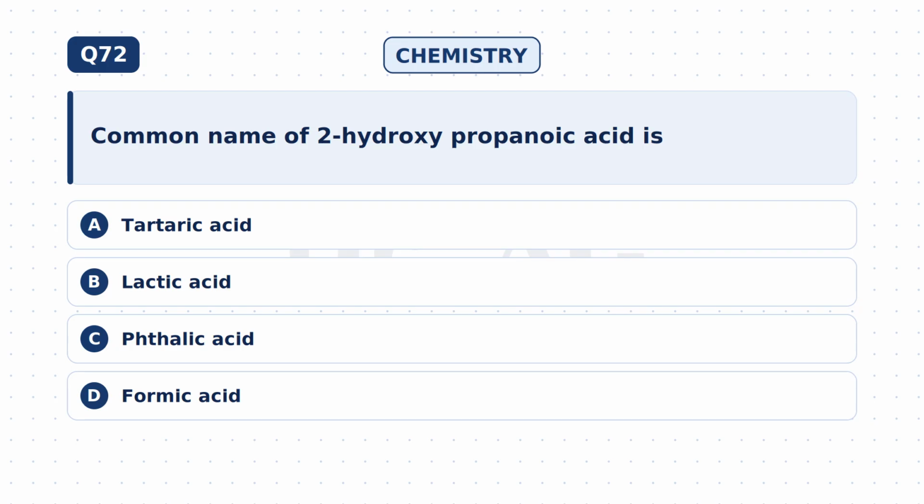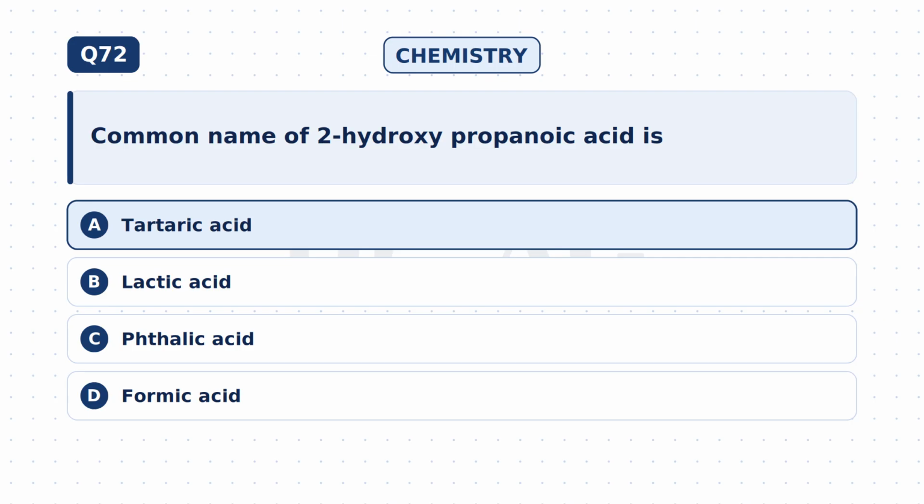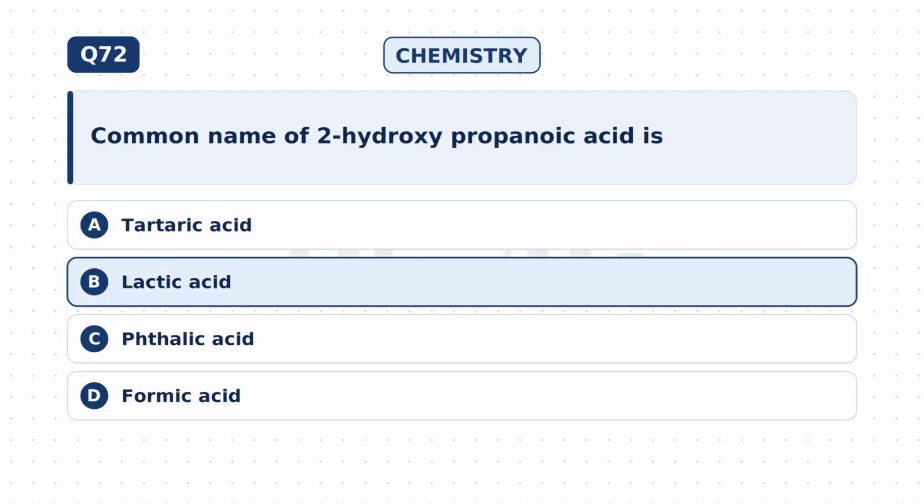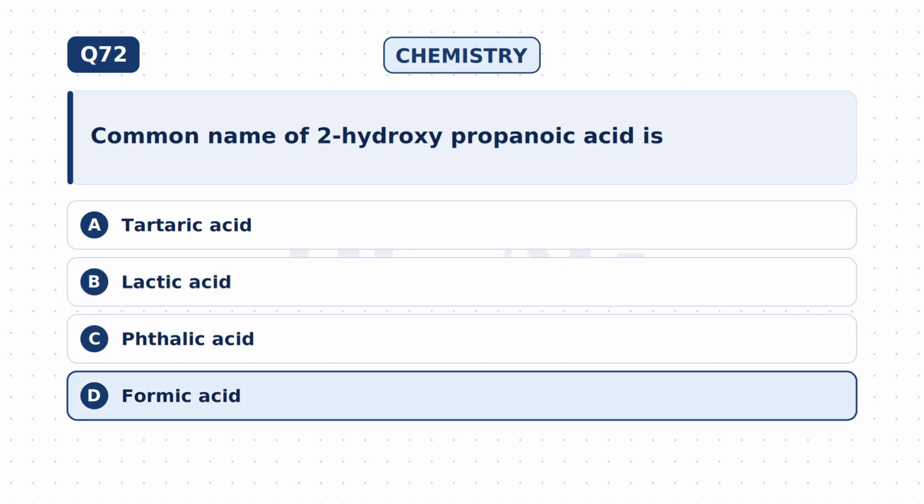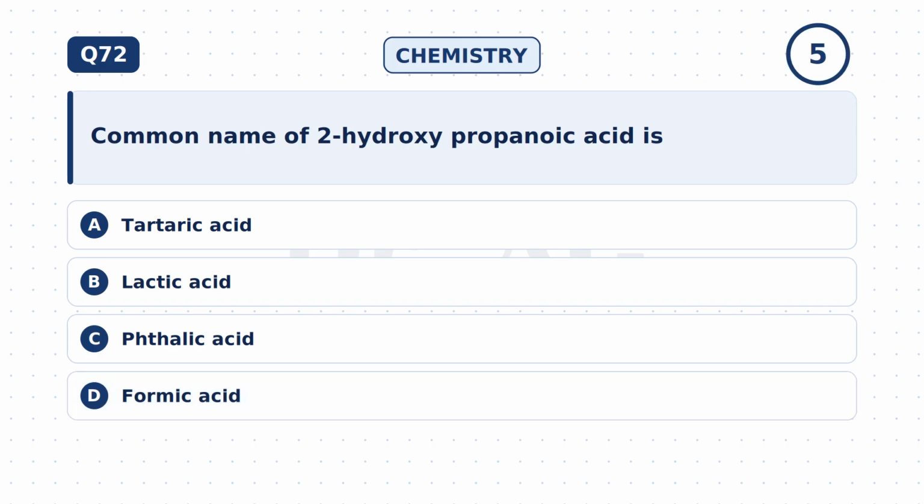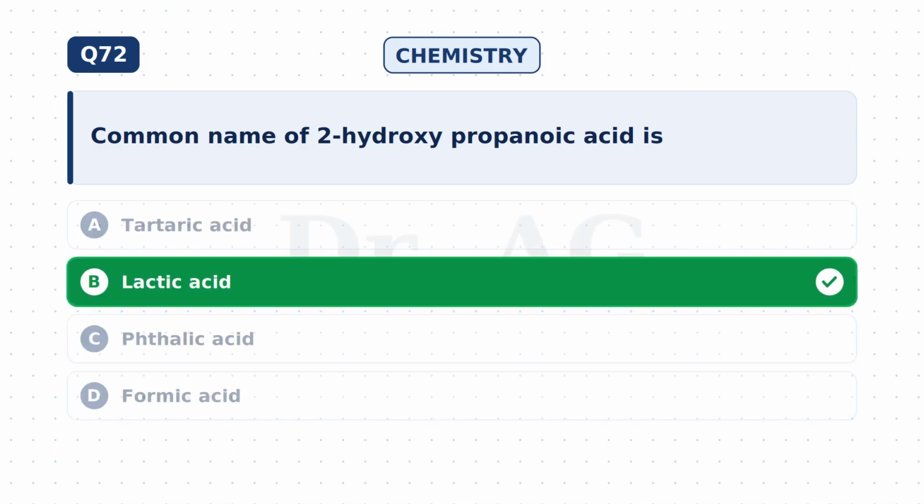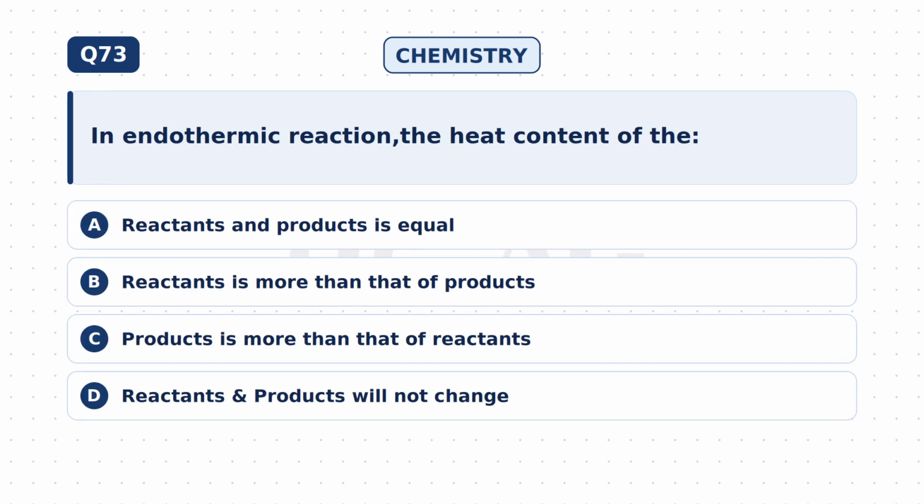Common name of 2-hydroxypropanoic acid is: Option A. Tartaric acid. Option B. Lactic acid. Option C. Phthalic acid. Option D. Formic acid. The correct answer is B. Lactic acid. Question 73. In endothermic reaction, the heat content of the